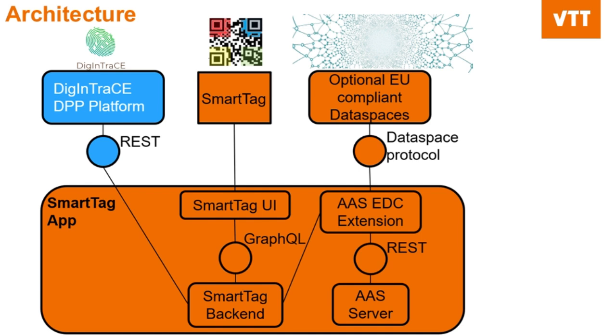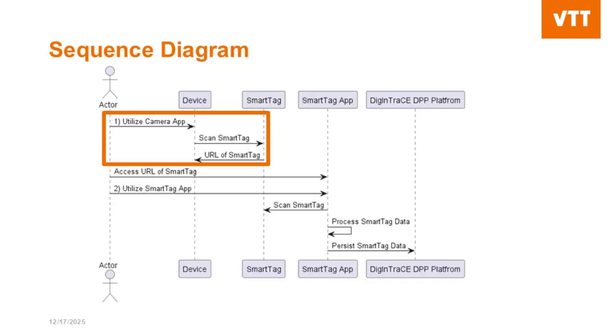SmartTag user interface can be tailored to visualize relevant data based on the use case-specific requirements. In this first DigInTraCE iteration, the UI shows interpretations of the tag sensor data. On the right side of the app, there are components related to Asset Administration Shell, AAS, which can be utilized as a standardized database. The highlighted sequence declares how a user, such as a human or a robot, with some